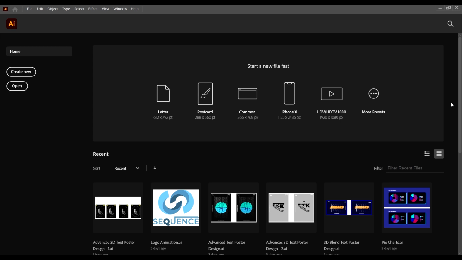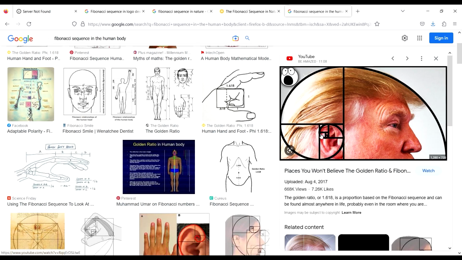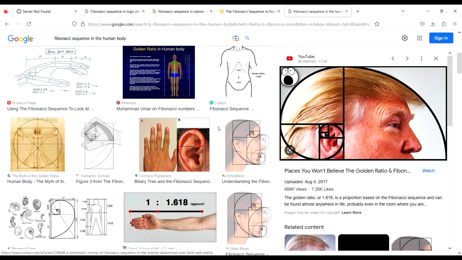So in this video we are actually going to be doing two things. We're going to learn how to create the Fibonacci spiral, which is the first one, and then the second thing we're going to do is we're going to learn how to create the Fibonacci circles, okay, which designers use to create designs. Okay, so the Fibonacci spiral is what we looked at here, this thing, the spiral, okay, and we